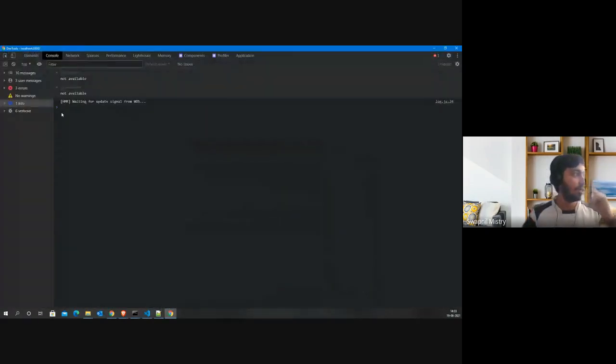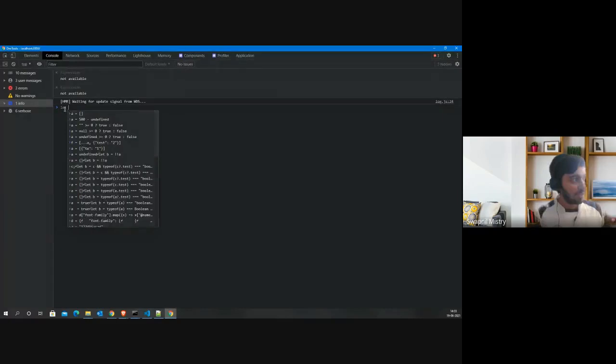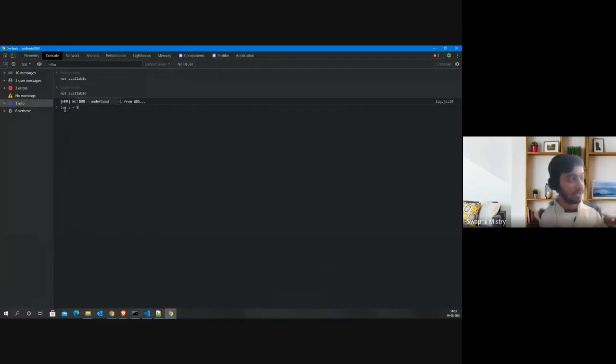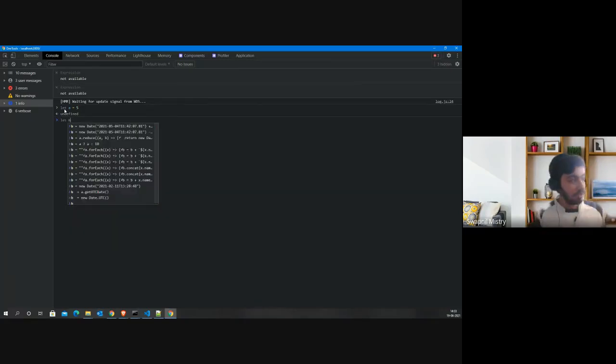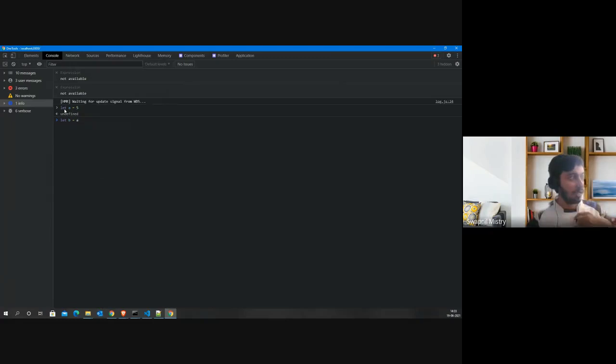Let's say a is 5, and I declare a variable b that is also 5. Now if I update b from 5 to 6, the value of b is now 6, but a is also 5.